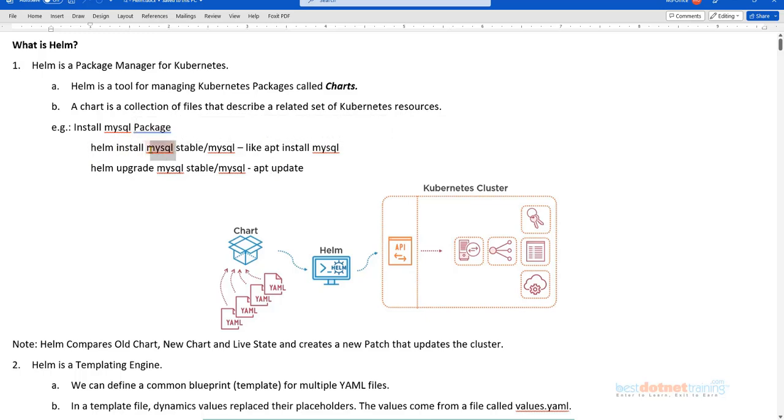That would be followed by the application name, the Helm deployment name, and what chart you would like to install, or basically what application you would like to install. Similarly, if you want to update an existing package, you say sudo apt update. In Helm it will be upgrade, just to help you compare and understand the analogy. So we have install activities and upgrade activities. It's basically about packaging Kubernetes applications as one single unit and deploying them.